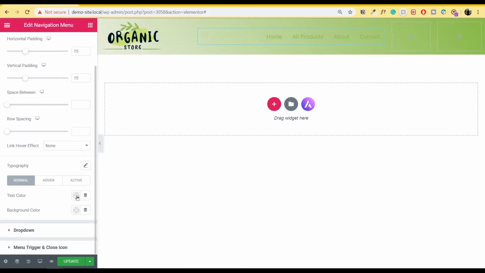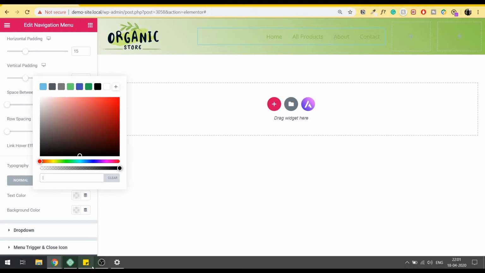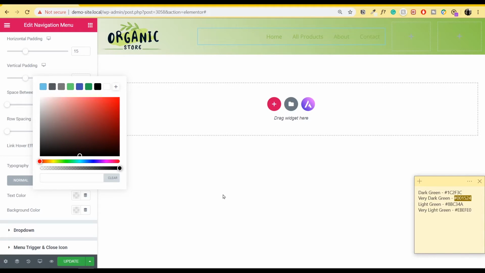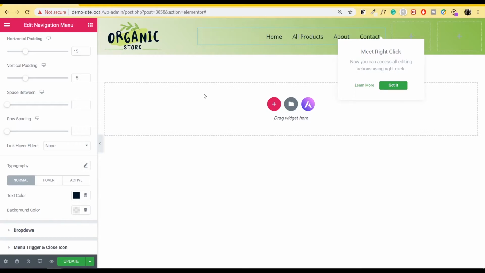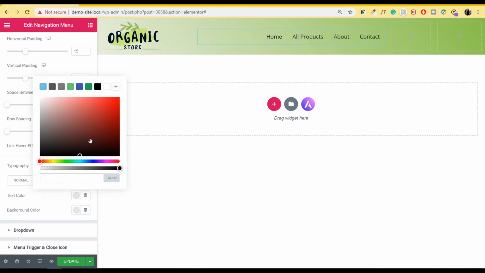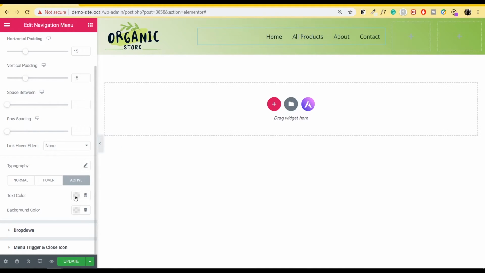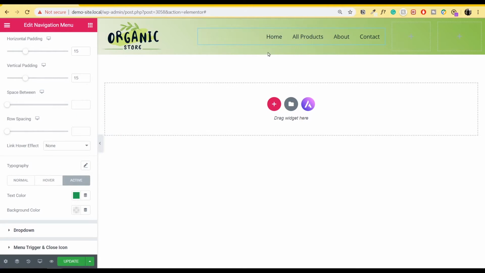Inside the text color, this is what we'll be changing. So let's change the text color to a dark green. And I have those colors as well. So I'll select this very dark green color and I'll paste it here. So that is done. Let's go back inside it. I don't want to change the background color. Inside the hover, we'll be changing this color a little bit. So we'll be going for a lighter green. So once I hover, as you can see, the color change. And lastly, in the active, we'll change the text color again to the one which we have selected for hover. So whichever page we are on, that link would be shown with this dark green.